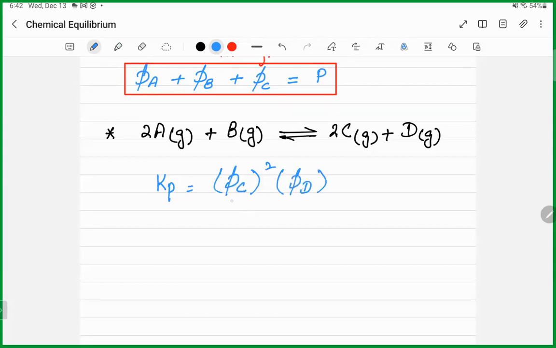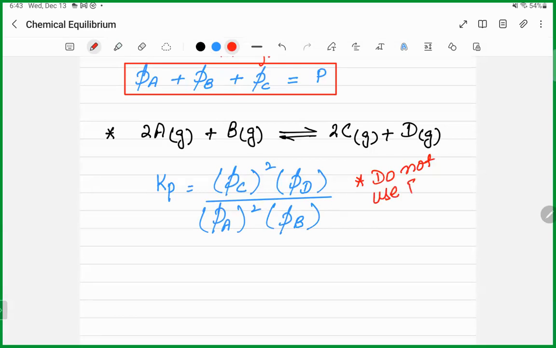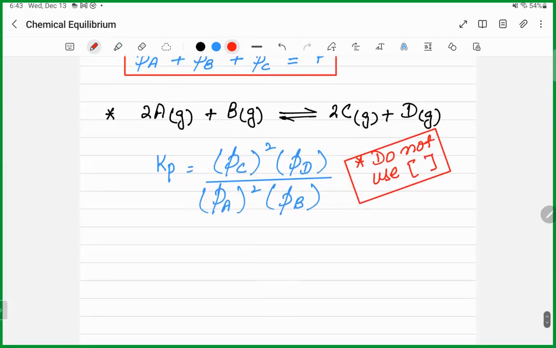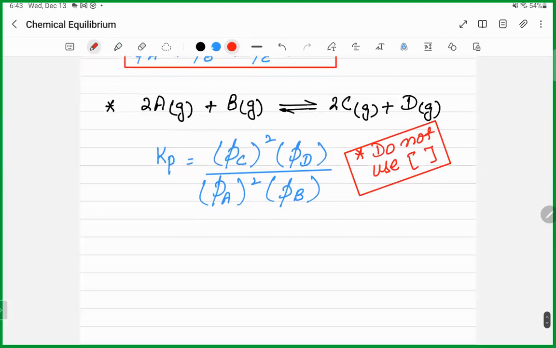Partial pressure of gas D divided by the partial pressure of gas A का square, ठीक है, and the partial pressure of gas B. ठीक है। और यहां लिख लें, do not use square bracket. ठीक है। आप ब्रैकेट ना लिखें तो भी चल जाएगा मल्टीप्लाई के साइन के साथ ना।